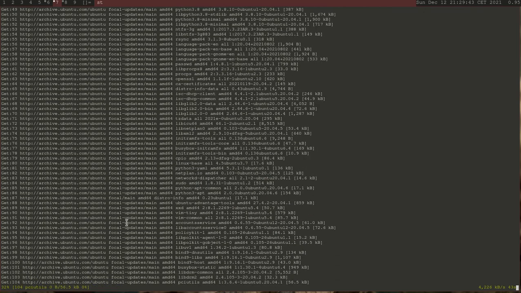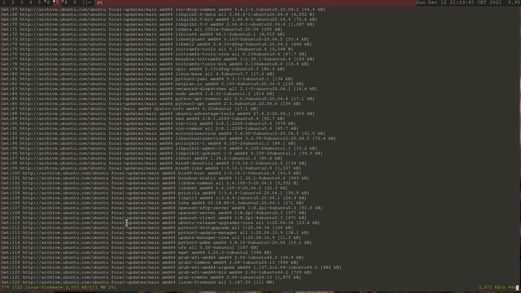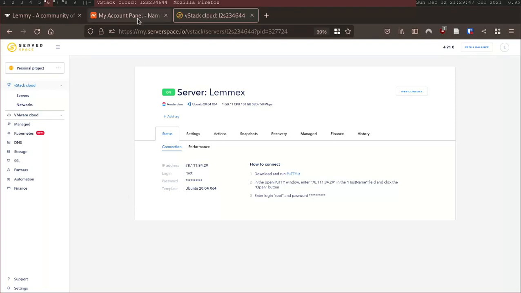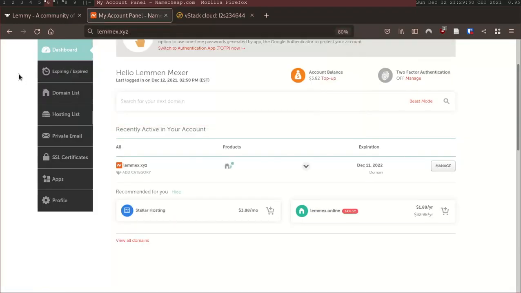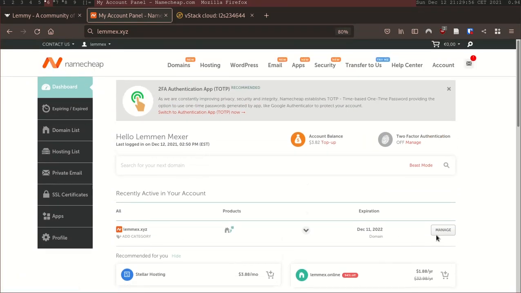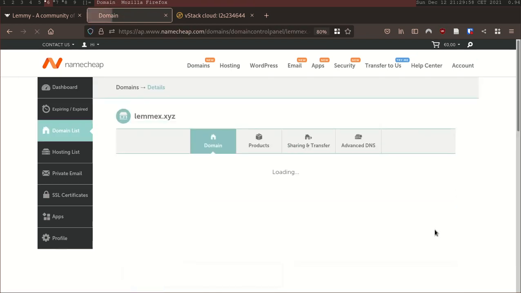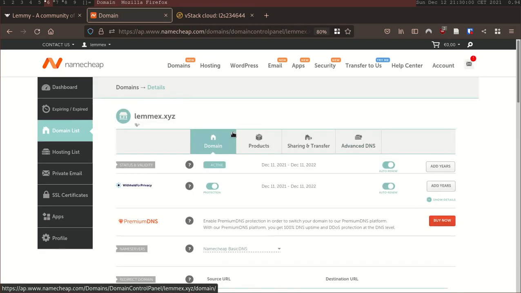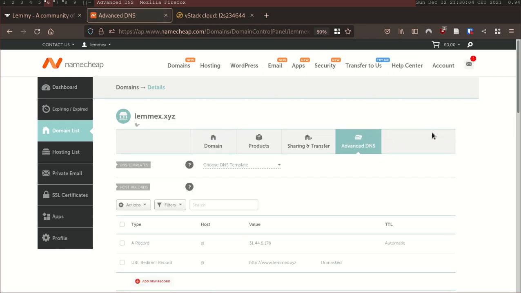This can take a few minutes, so while that's happening, we can go back to the control panel for our domain, in this case at Namecheap, and we're going to go to manage, find the DNS settings, in this case it's advanced DNS,